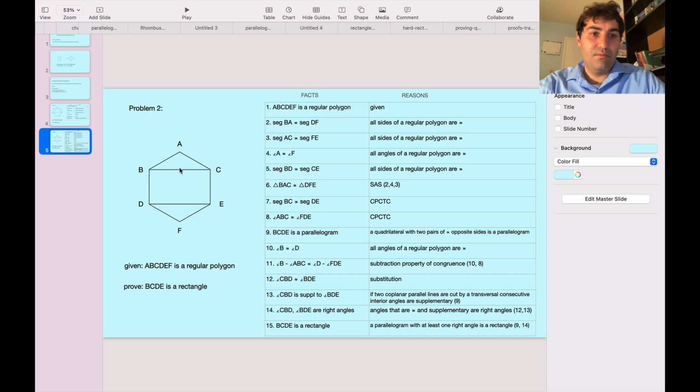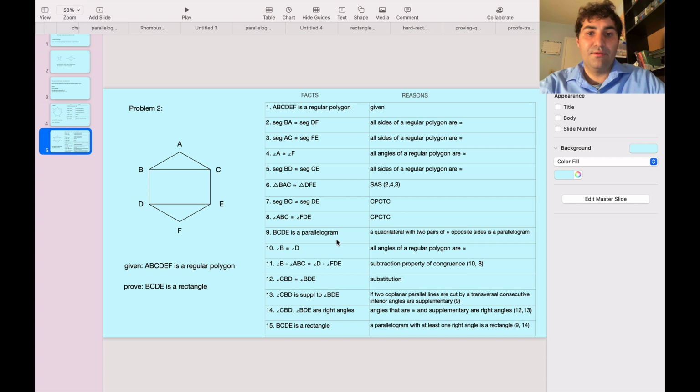So remember, in this particular problem, all the sides are going to be congruent, so it really doesn't matter the ordering so much in the triangles, if that makes sense. I know in a lot of my last videos, I specified the ordering. Here it doesn't really matter so much because these two angles are going to be congruent, and these two sides are going to be congruent. So that's just a side note. So anyway,